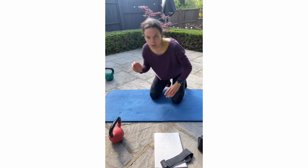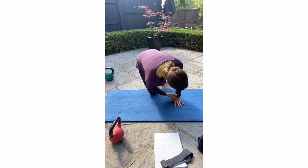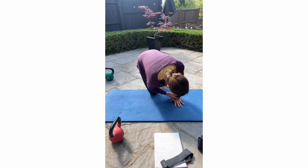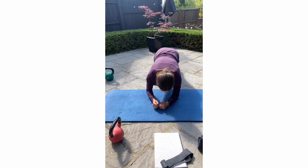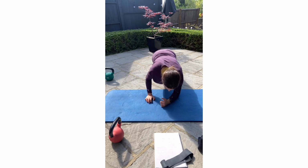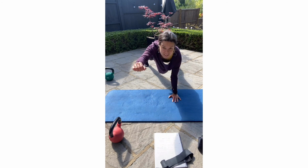So if you can do that walking plank, okay, come down and do it. We're going to give it 30 seconds. Okay. All right, off you go in plank. So if you're doing walking, down on right, up on right, down on left, up on left. If you're doing those reaches,